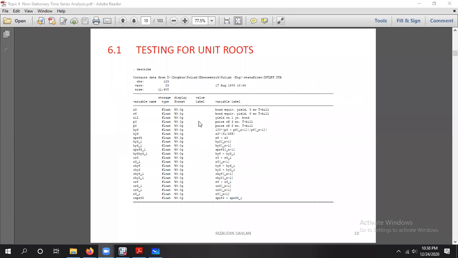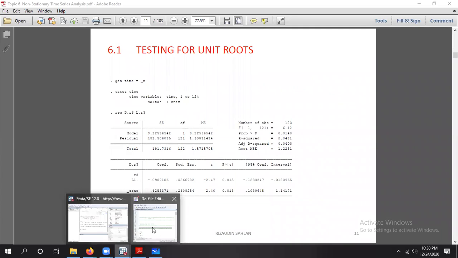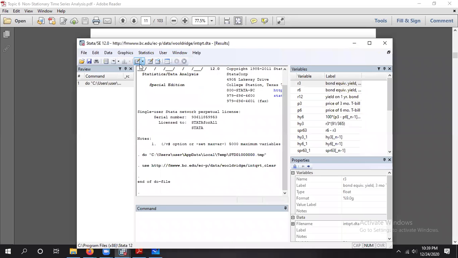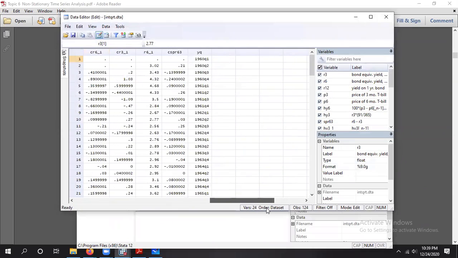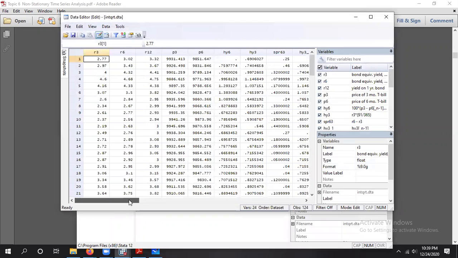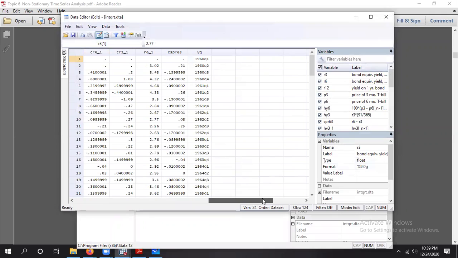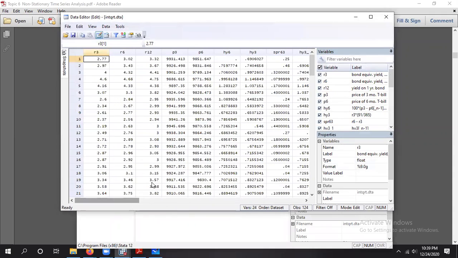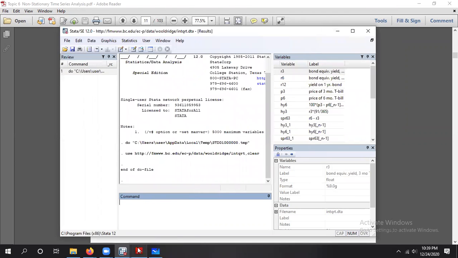Okay, this is our model, and describing the data is only an option. Let's perform the test. If you look at the original data for Rt, the series of the time is not given, so we need to generate the time variable manually.